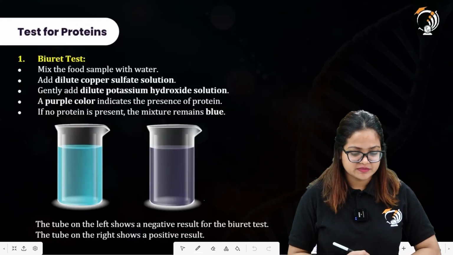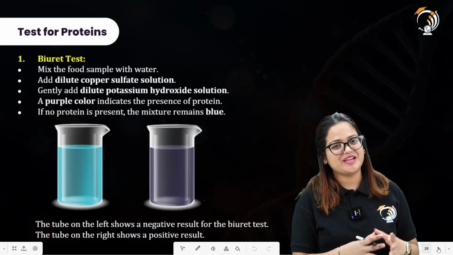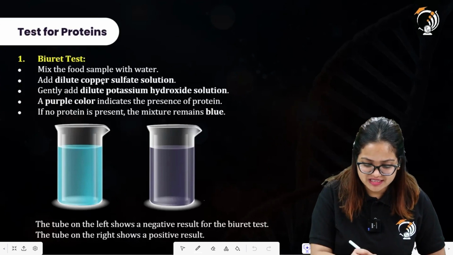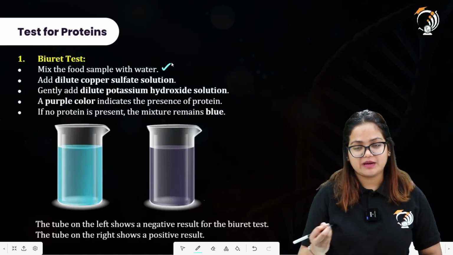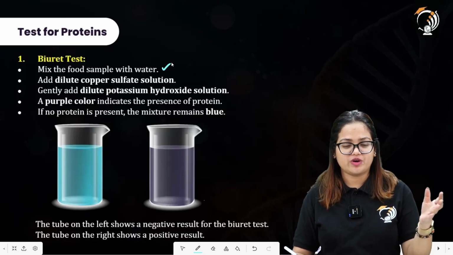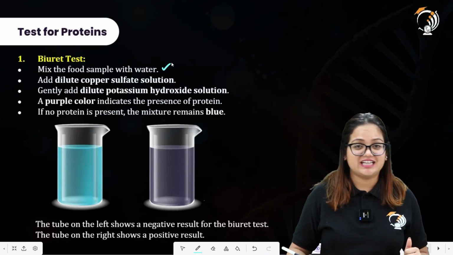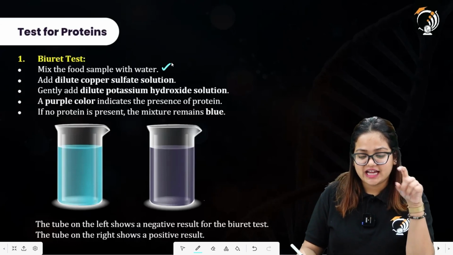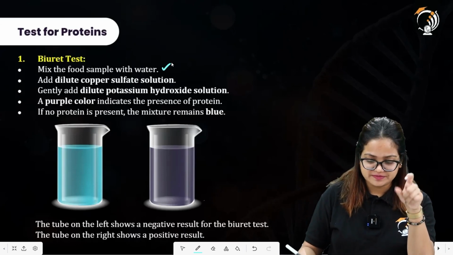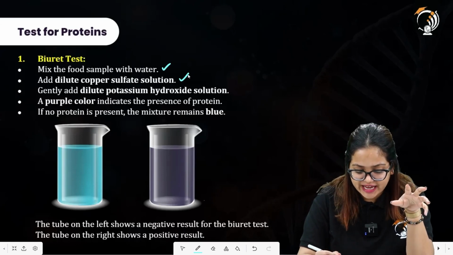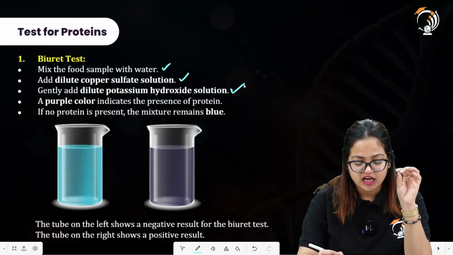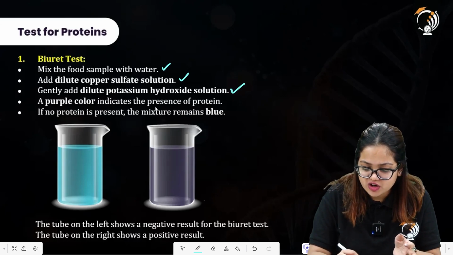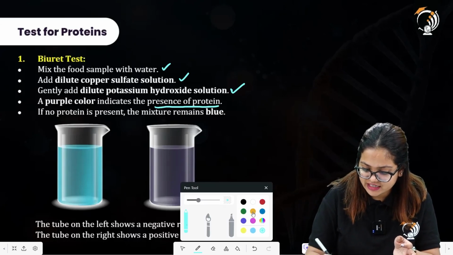Then we have the test for protein, that is the biuret test. First of all, we mix the food sample with water, in which we are going to perform this biuret test, the test for proteins. Add dilute copper sulfate solution. All right. Gently add dilute potassium hydroxide solution. A purple color indicates the presence of protein. So you can write the conclusion over here,